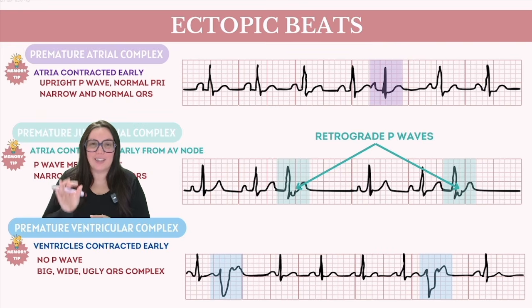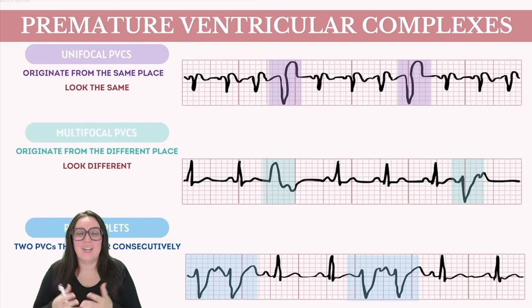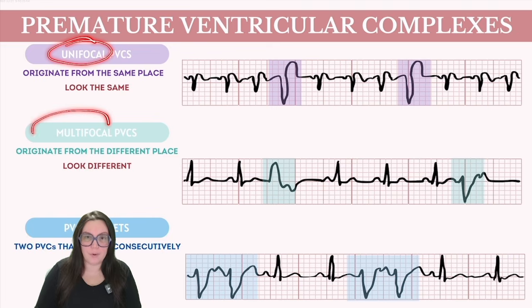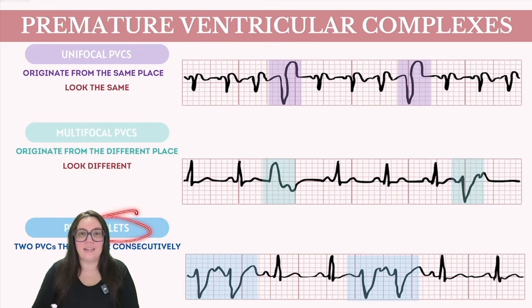PVCs in particular are noteworthy because if we see a frequency of these PVCs taking place, it can sometimes lead to cardiomyopathies, which is a disease of the heart muscle. So we're going to spend the remainder of this video talking about PVCs because they are the most threatening when it comes to our ectopic beats. PVCs can manifest into several forms. We have unifocal, multifocal, and even couplet PVCs, each carrying their own significance and implications when it comes to cardiac